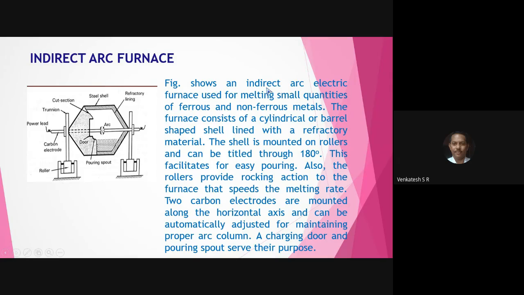The figure shows an indirect arc electric furnace used for melting of large and small quantities of ferrous and non-ferrous metals. Full stop. The furnace consists of